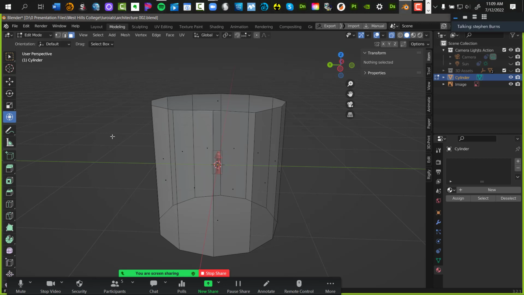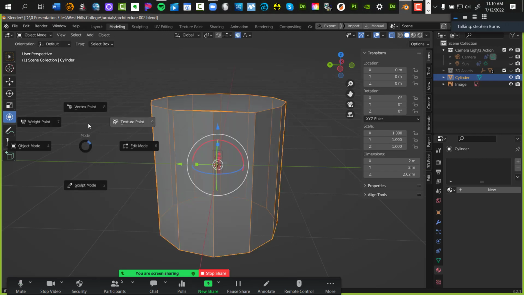Oh, watch me again. All right, so I'm going to do it over again. When you're in object mode, hold your tab key and click object mode. Do it now. Let me take a look. Are you holding your tab key down? Don't get frustrated.